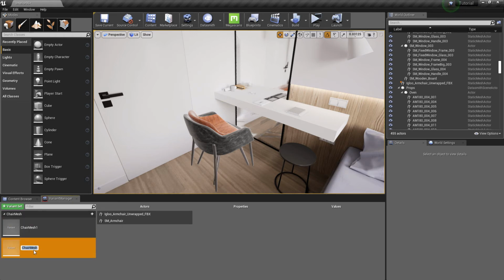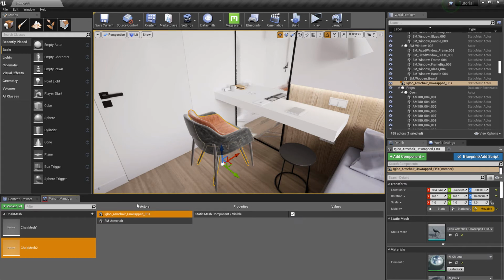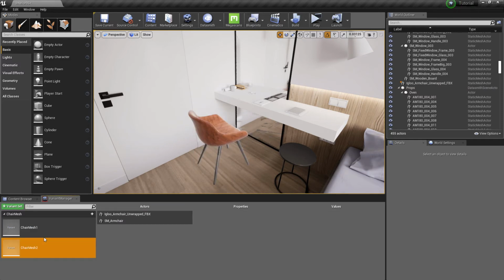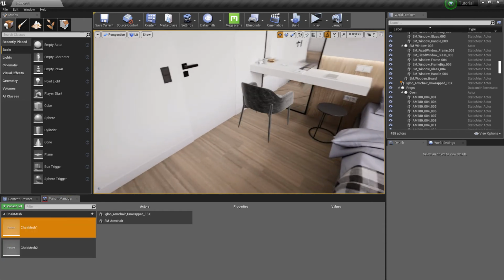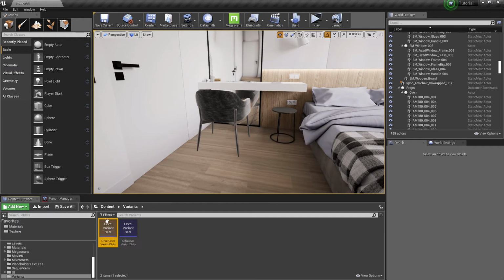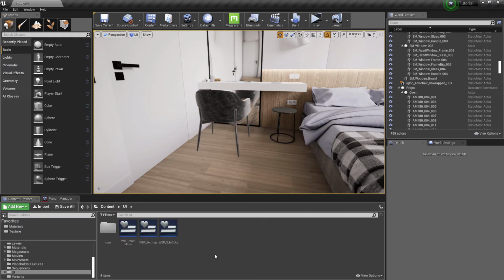Create a copy of the variant and name it accordingly. And in this variant just switch the visibilities of the chairs. Our variants are working correctly. Let's create a widget for swapping the chairs.